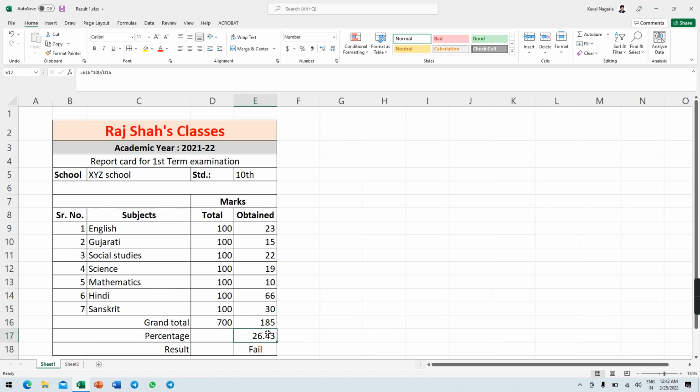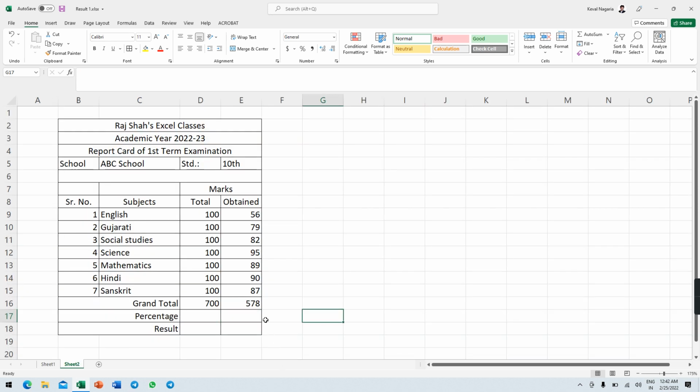Now the next formula will be my percentage formula. So how will I get this percentage? I will multiply my obtained marks total by 100 and then divide it by the total marks. Now whenever I am using my arrow keys, a new cell is being selected, as you can see. So whichever value from wherever we want to use in our formula, we have to bring the cell into that